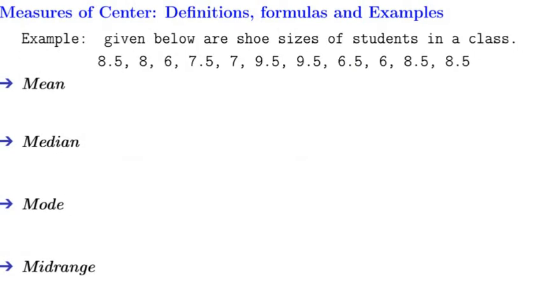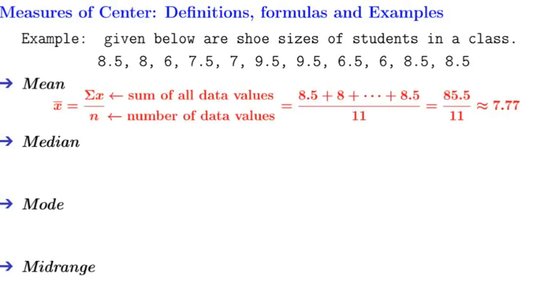Now let's look at this example. Given below are shoe sizes of students in a class. Let's try to find mean, median, mode, and midrange. In order to find mean, we have a formula: mean equals sum of x over n. Sum of x is the sum of all data values, and n is the number of data values. In order to find the sum of all data values, we will add all these numbers,